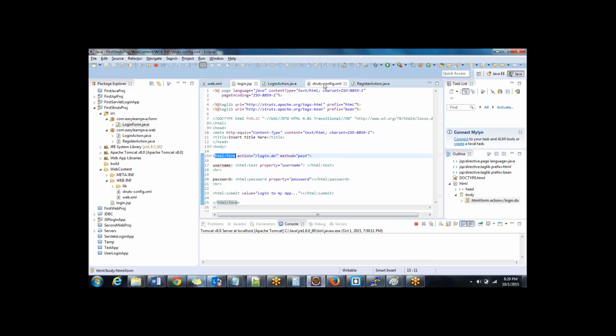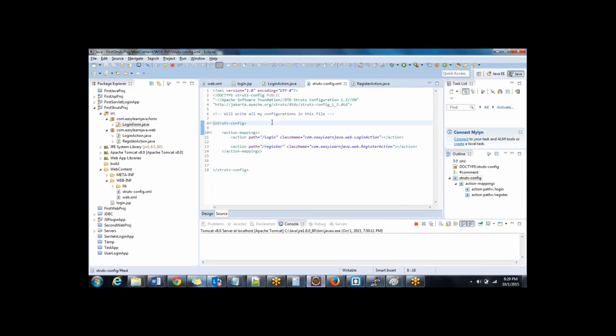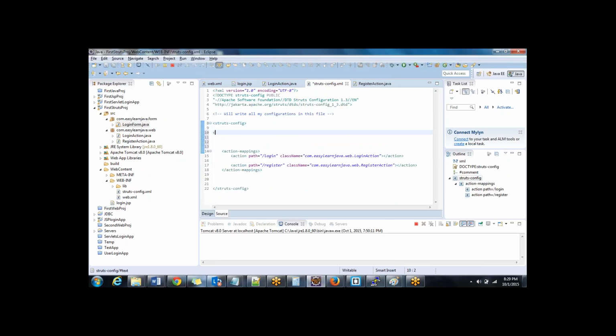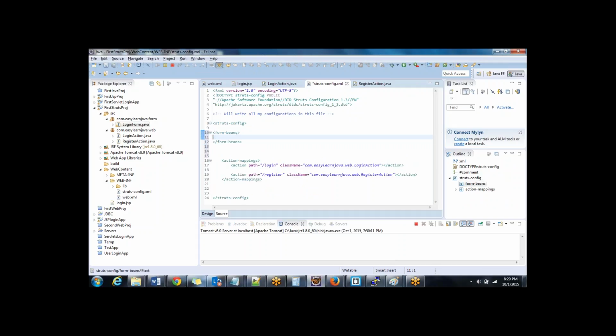And the next step that I'm going to do here is in the config file. One more additional configuration I'm doing, form beans, name equal to my login form, and